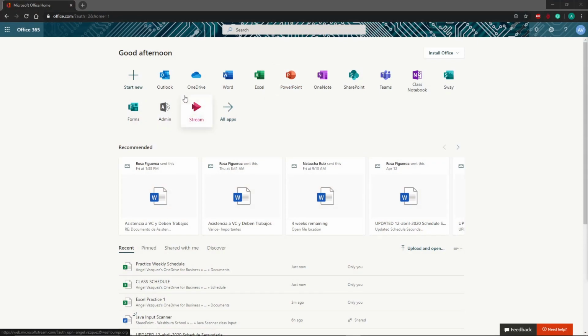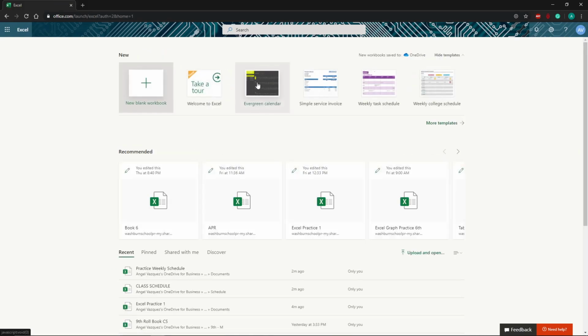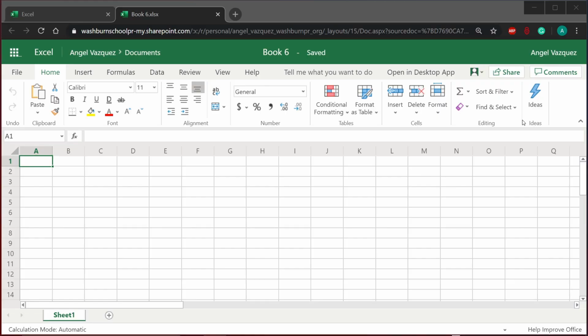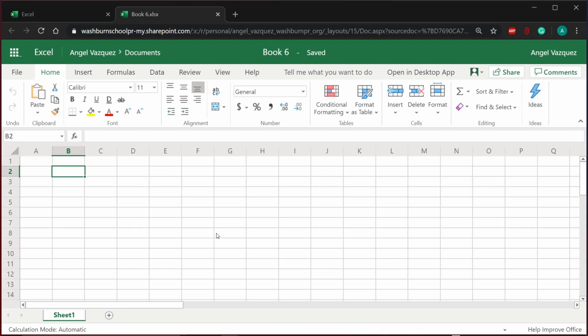So here we are. We are in Microsoft Office in the web page, and we're going to head over to Excel Online right here. Then we'll click on New Blank Workbook. Let's wait for it to open. And here we are. Now that we have Microsoft Excel open, all we want to do is start creating